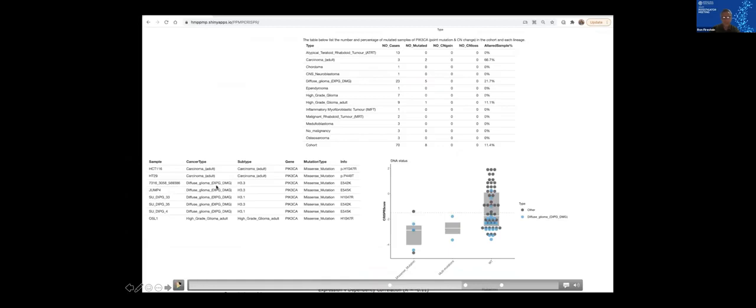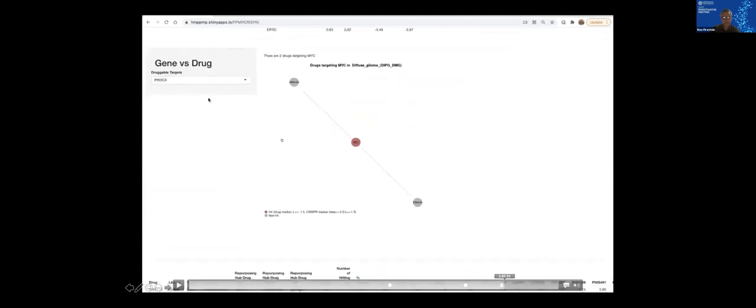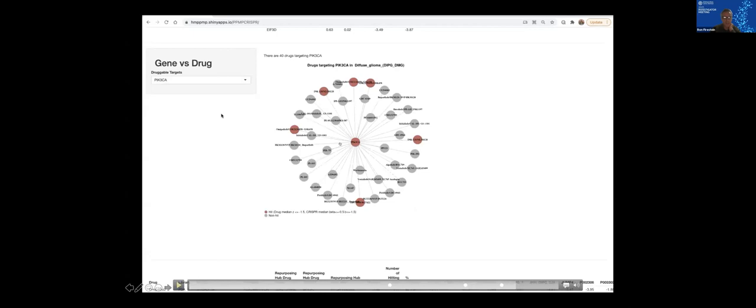We can then look at the PIK3CA mutation status and correlate the dependency to whether that correlates to PIK3CA mutations. And the last part of it is really looking at whether PIK3CA-targeted drugs are showing a similar response. And you can see that here when we enter PIK3CA as a targeted dependency, these are all the PI3 kinase inhibitors. The ones shown in red are actually showing activity across the DIPG cohort. And you can see that indeed about 5 different PI3 kinase inhibitors show activity. Just to contrast that, if we were to enter a different drug, we would be able to see that this is a specific effect to the PIK3CA